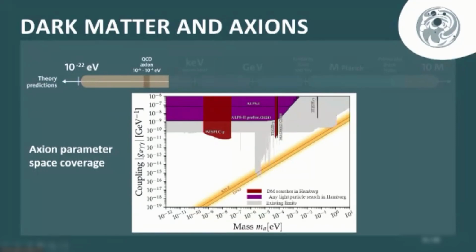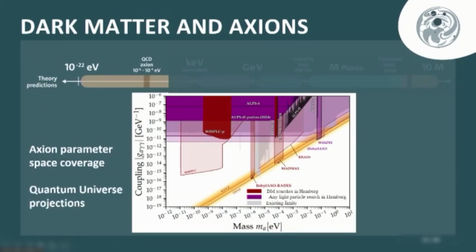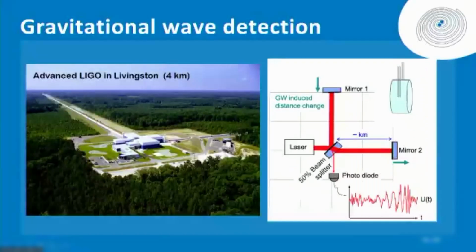Just to give you an idea of the reach, this is the reach in mass of the axion. As I said, we don't know where the mass of the axion is. It can be anything over many orders of magnitude, and it will couple to photons with a coupling strength, a probability if you wish, that we also don't know. We started the first 7 years of the cluster. We have added some experiments up here. And in the second phase of the cluster, we will go down. We will increase our sensitivity to reach the theoretical predictions and possibly find an axion.